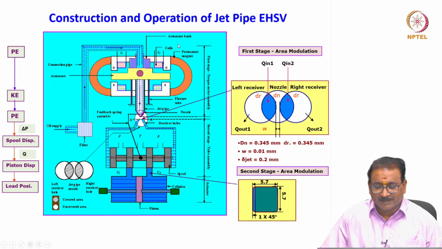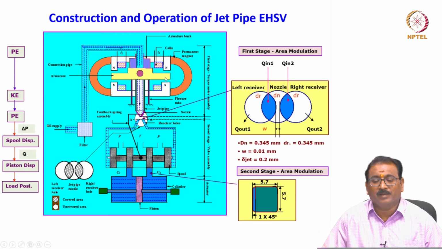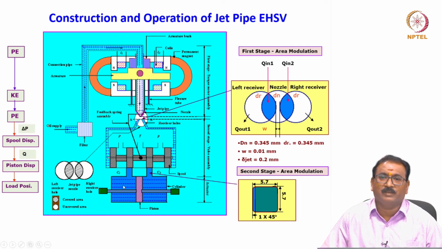Quickly you will see it consists of the first stage torque motor. Torque motor armature is there, north pole piece, south pole piece, permanent magnet, coil I1 and I2. If I1 is greater than I2, the jet pipe will deflect in one direction. If I2 is greater than I1, it will deflect in the other direction. What for? To create the differential pressure across the spool valve, in turn sending the flow to the left side of the actuator or the right side of the actuator. Very important, friends, you will remember.